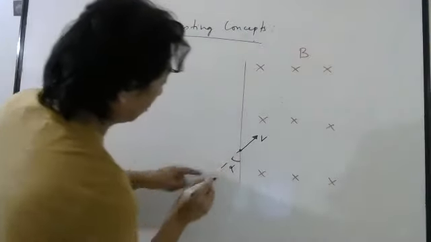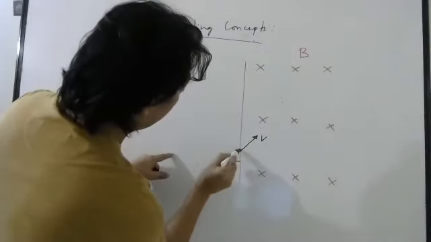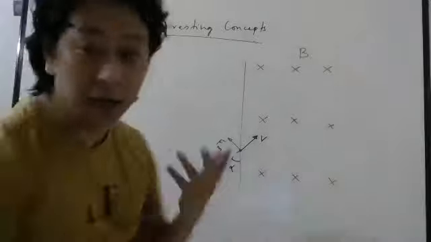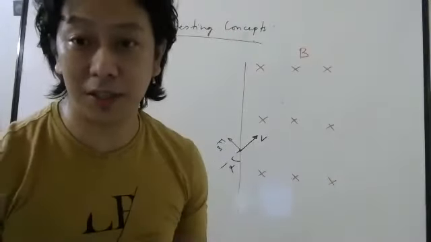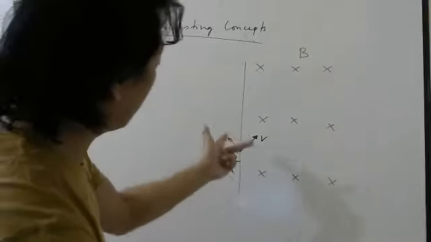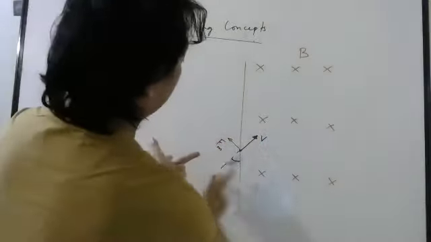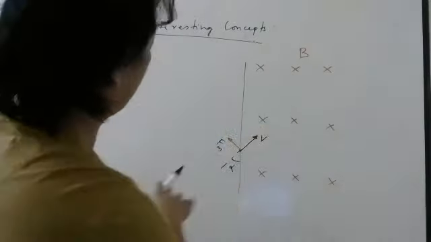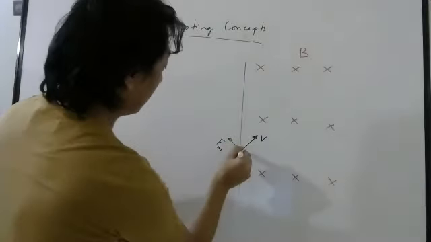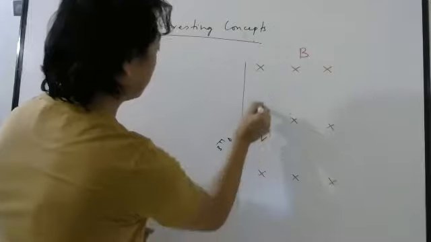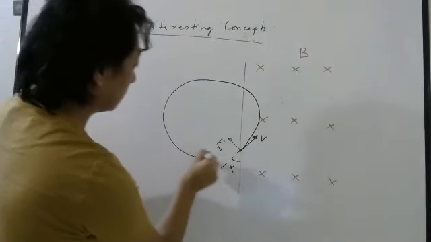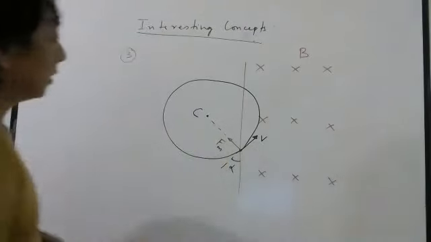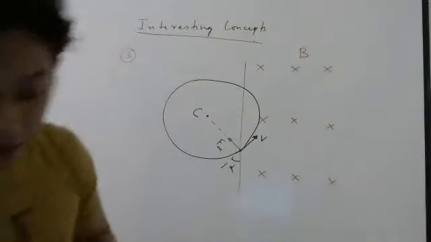So how will it go? Where will the magnetic force be? See, this is your V, so the magnetic force will be somewhere here. Why will the magnetic force be here? Arey, magnetic force is always perpendicular to velocity. You know already. And if you use your right hand rule, this is the magnetic field, current is this side, the magnetic field is inside, velocity is here, force is here. So the center will be somewhere here now. So it will move basically in this kind of path, like this. The center will be wherever this force is. Understood or not? So it will not be a semicircle now.